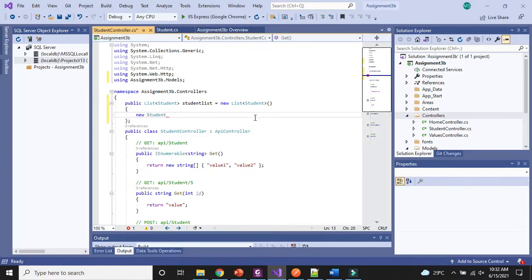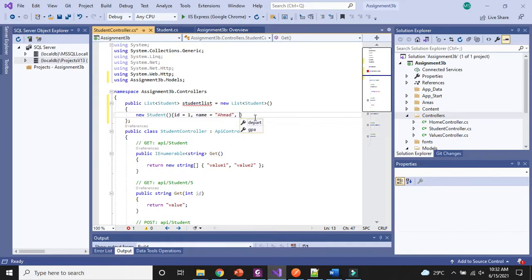Now we will write new students over here. This will be our first student, and first we need to write the ID of the student. It will be 1. The next thing was name, so name should be a string, so I will write Ahmed.